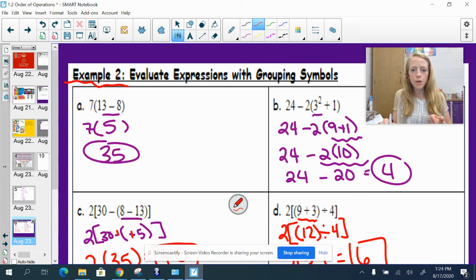Okay, evaluate expressions with grouping symbols. Make sure that you actually write all of this down. So take the time to do that so that you know actually what you're doing in that example. So when you get to your homework, you can more easily go back and look at examples while you're doing homework